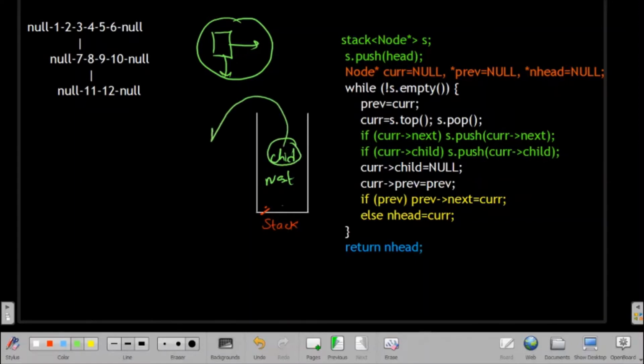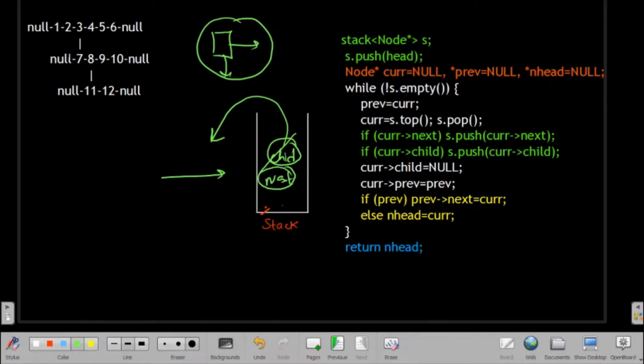So whenever we remove the top element, we will traverse all the child nodes and its next nodes, and after getting null, we will come and traverse the next node. For that, we are using the next node.